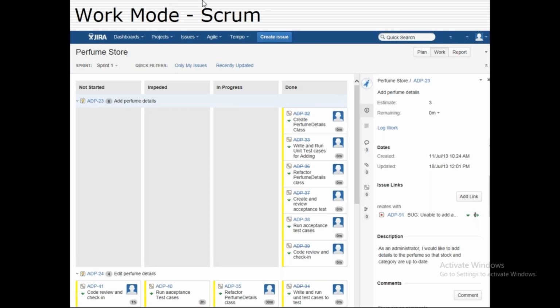In the working mode, you pick up the status of things and update the status accordingly. Your Scrum Master is going to update or move the items accordingly. You can also move an item if you are done with your development, into development complete status or testing status. This gives you the information, in a sprint cycle, let's say we pick up 20 or 30 Jiras: how many are in progress, how many are completed, how many are in development, how many are in testing. All that would be known by using this sprint board.